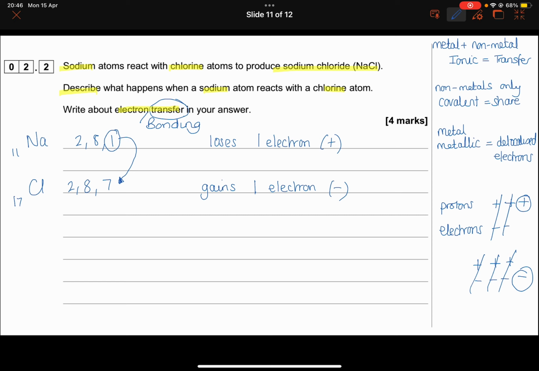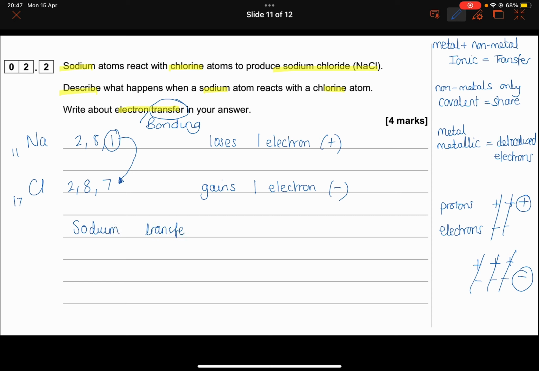How do we put this into an answer? Exactly what we've just said. So we've got the knowledge that we need to access it. It's no more difficult than that. It's not even that you need more of one than the other. It's a 1-to-1 ratio. The amount of electrons that sodium wants to lose is the exact number that chlorine wants to gain. So sodium